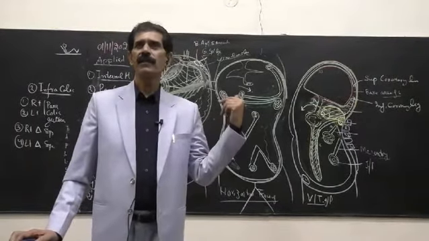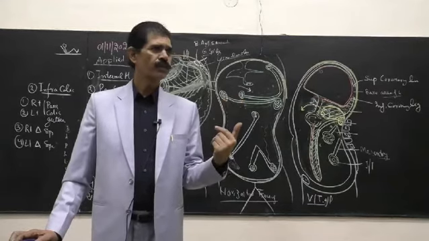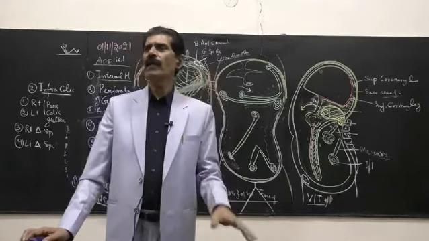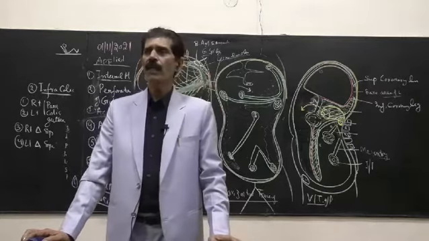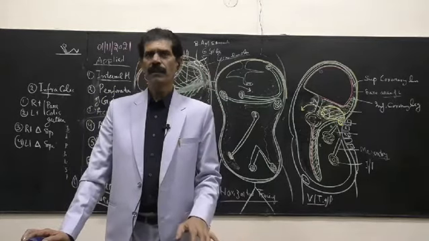The anatomy tells why it is so. So see how to elaborate these 5 findings of the Morrison's pouch as well as the upright of the lesser sac. That's all.